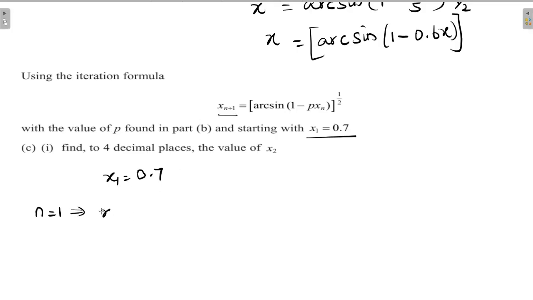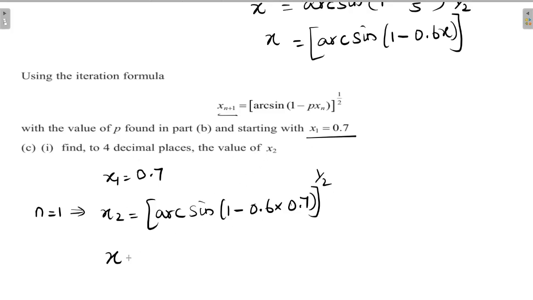So x2 is equal to arcsin of (1 − 0.6 times x1), because n is equal to 1, x1 value is 0.7, the whole power 1/2. Now find the value of x2. So x2 is equal to, by using the calculator,